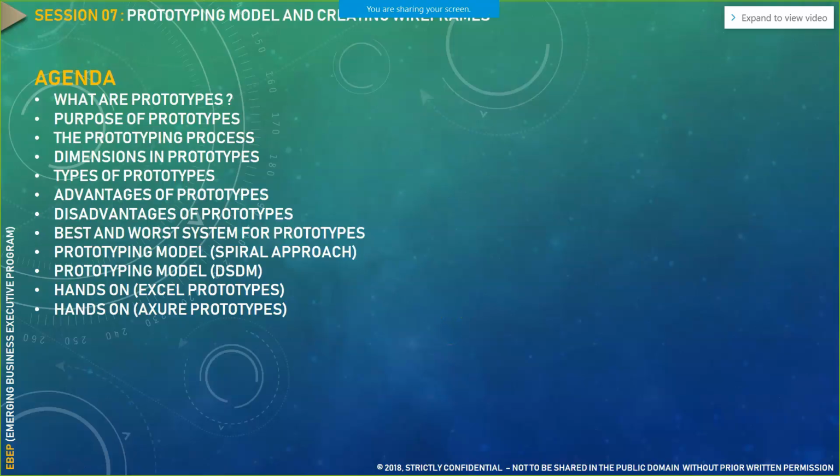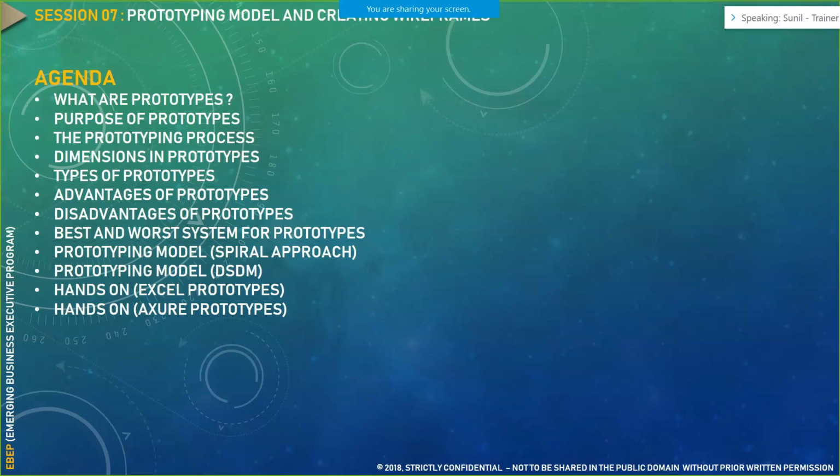Okay, so in today's session, we are going to focus exclusively on the prototyping aspect when it comes to business analysis. Now, the very first question that comes to our mind when we start creating a prototype is, why is there a need to create a particular prototype for a particular project or a particular screen in a software system?